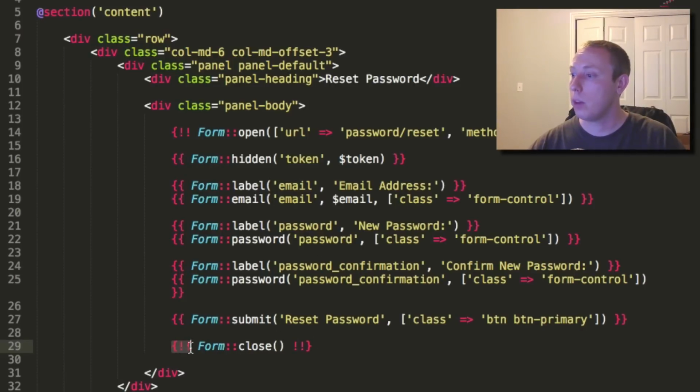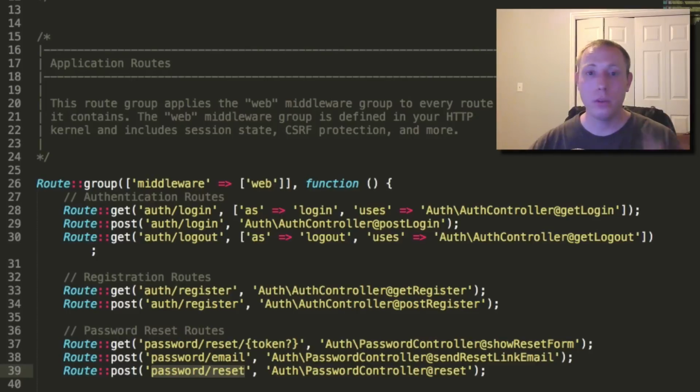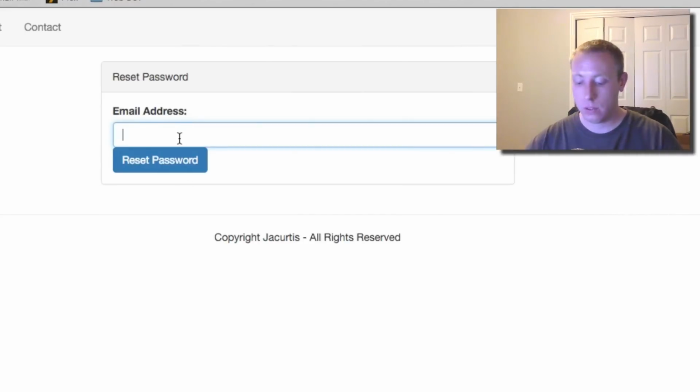I think you technically need this, but it may not matter. So you need curly bang bang for your close, and everything else is good. Now we should be basically set. We've got our views, we've got our routes. The only last thing we need to do is create a view for our email address. And if you remember when I submitted this field,